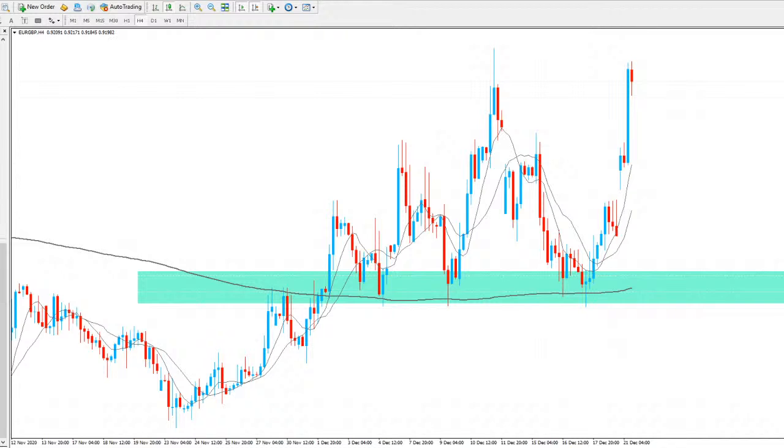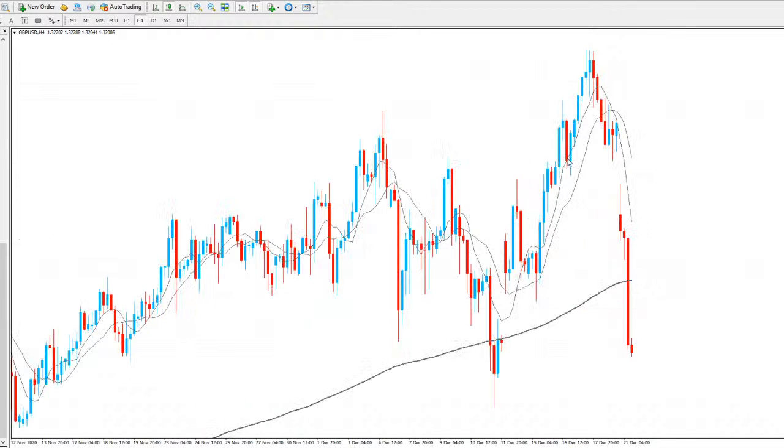Next, we'll take a look at GBPUSD. Now for GBPUSD, had a gap to the downside, and then price just completely dropped to the downside. As you can see here, we had that push to the upside last week. Price gapped up, found support, and then gapped up. Then continued to the upside, found the highs up here, and then as the week finished, we got a big push to the downside.